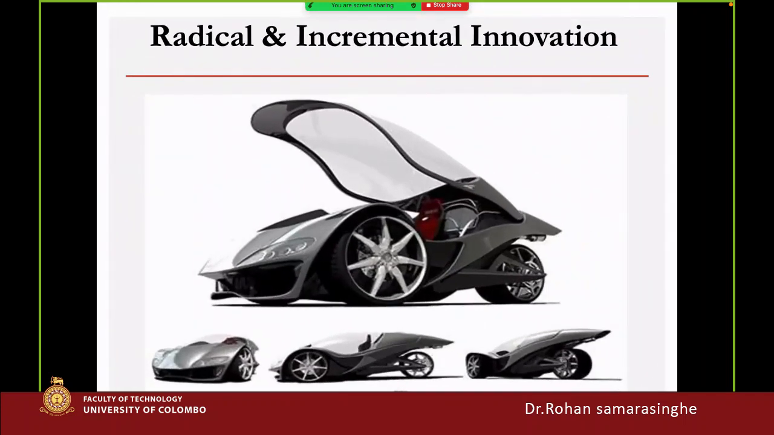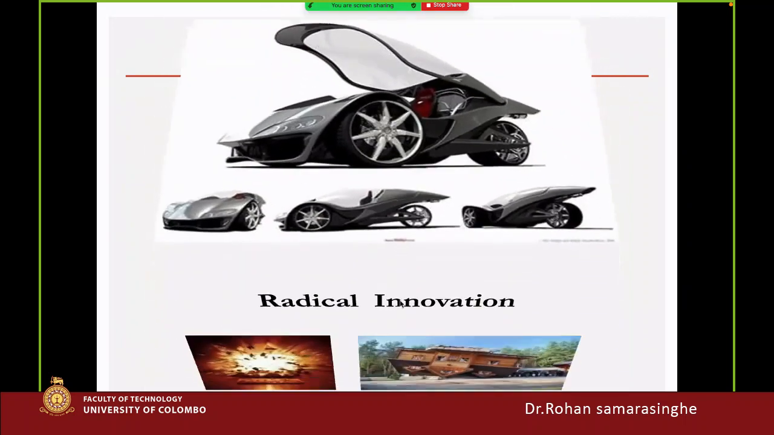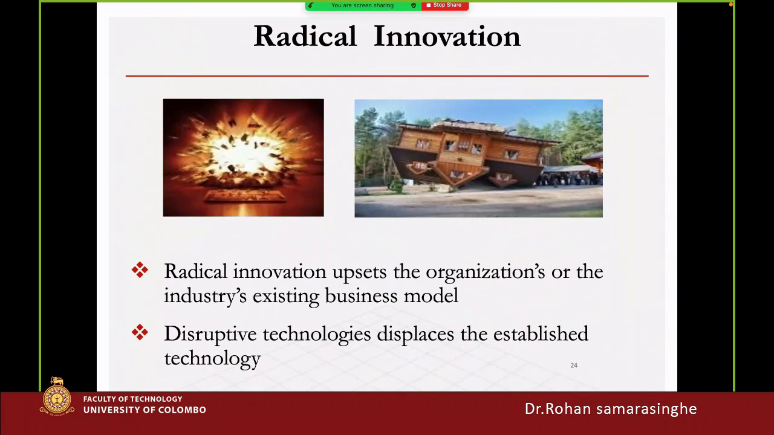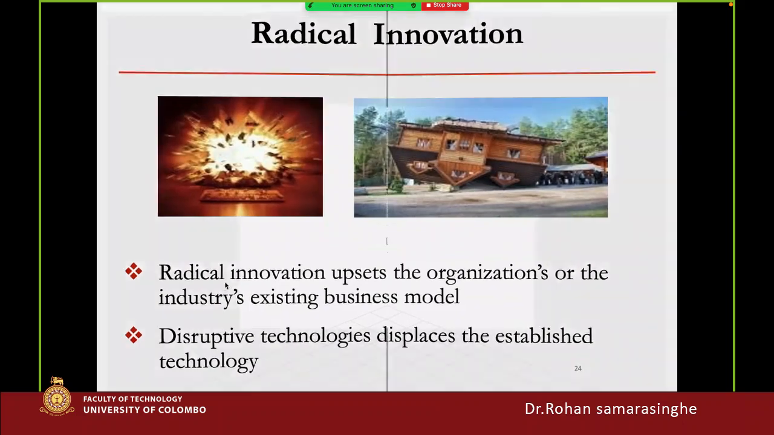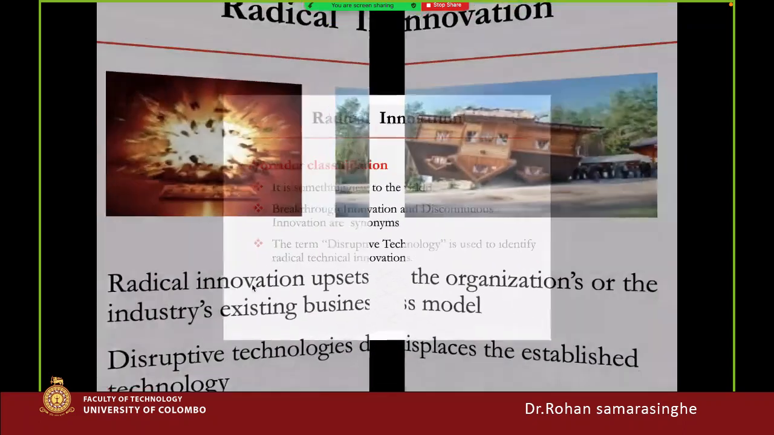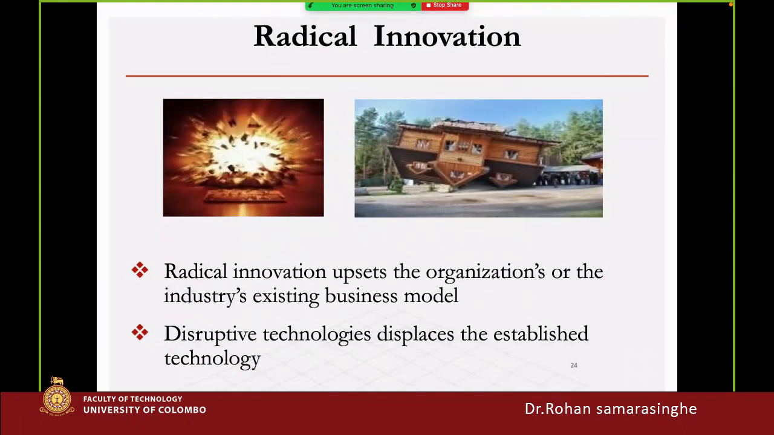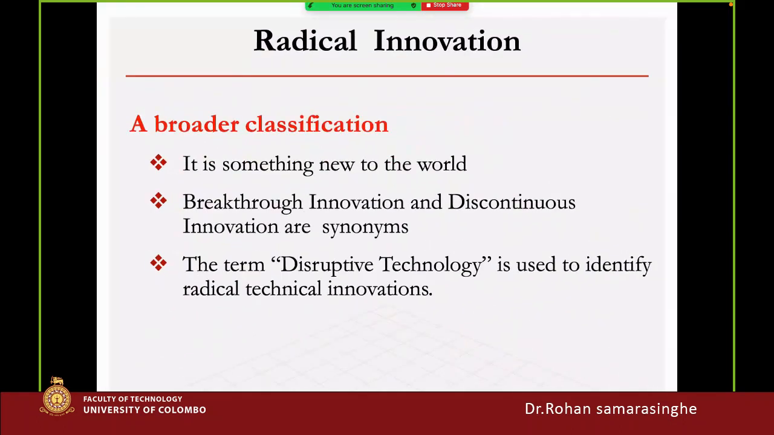You can see this car, three wheels in a different form, only three wheels. The radical: new technology, modified benefit for the user. Radical innovation upsets the organization of the industry's existing business model. Disruptive technologies displace the established technology. And radical innovations,